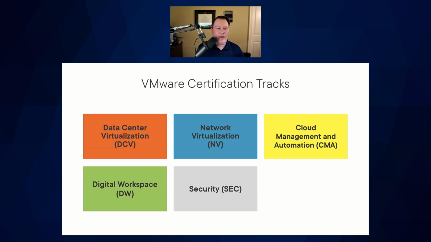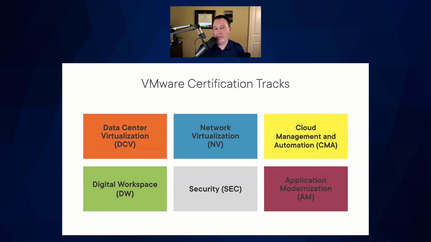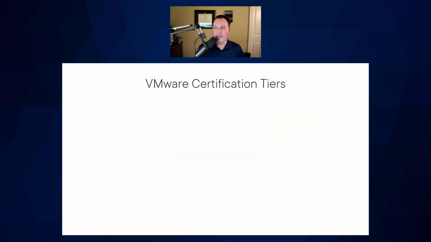So if you're interested in digital workspace, there's a lot of training available for you in the Pluralsight library. And then we have the security track, better known as SEC or security. This covers VMware's Carbon Black, some NSX-T, and some Workspace ONE. And then finally, application modernization, which is the newest of these 6 tracks. It really covers all the VMware Tanzu products, which is a family of products: Tanzu Kubernetes, Tanzu Mission Control, and Spring Development. So if you're taking legacy applications and modernizing them into cloud native architectures, the application modernization track might be for you. Honestly, it's not an area that I have delved much into, and like I said, it's relatively new as well.